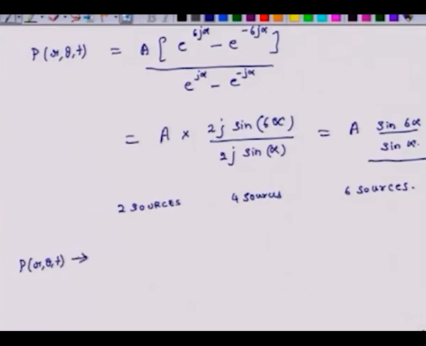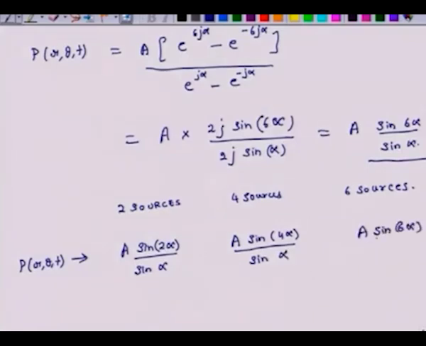Overall expression for pressure was A times sin 2 alpha divided by sin alpha. When I had 4 sources, the expression for pressure was A times sin 4 alpha divided by sin alpha. And when I had 6 sources, it was A times sin 6 alpha divided by sin alpha. So, by process of inductive reasoning, we can actually mathematically prove that if there are n sources in